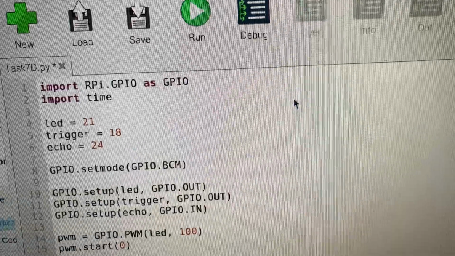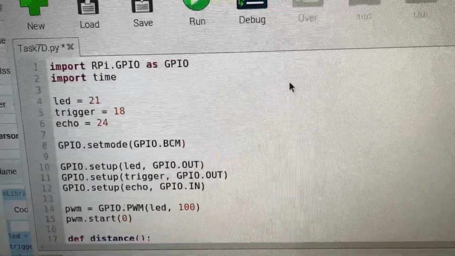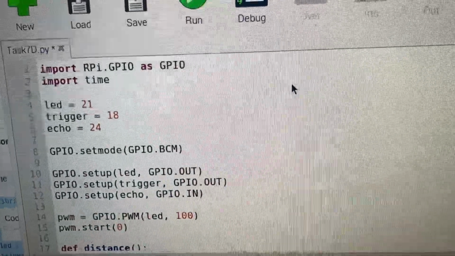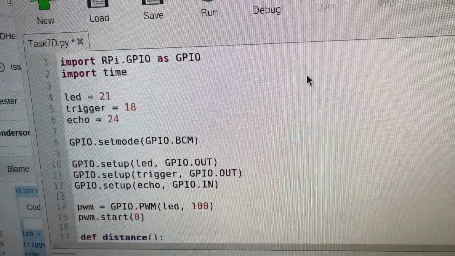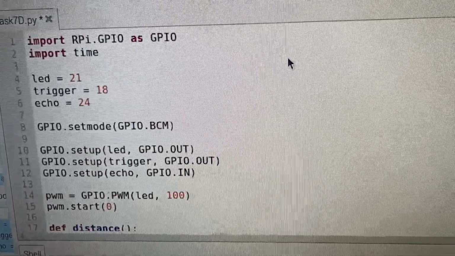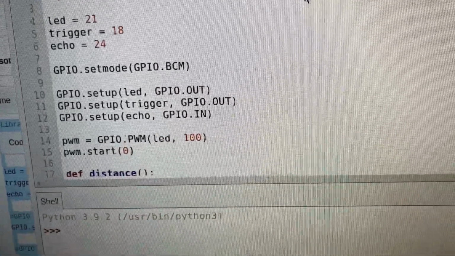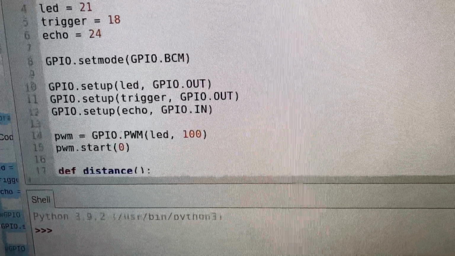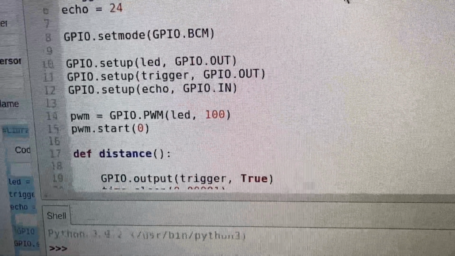Here's the code for the task. First we are importing the libraries, the GPIO library and the time library. Then we are initializing the pins for the LED, the trigger pin and echo pin. Then we are using BCM mode for this task. Then we are setting the output for the pins,